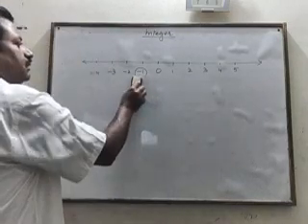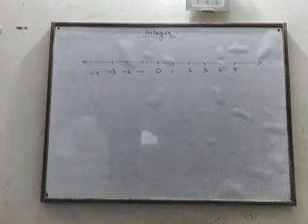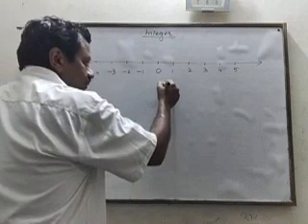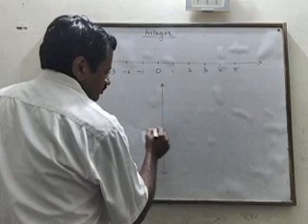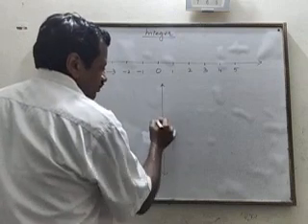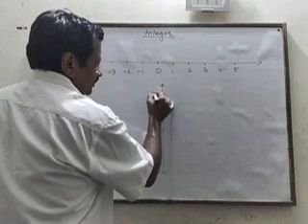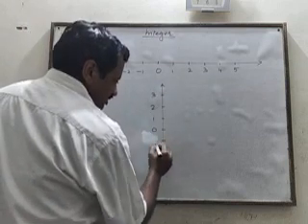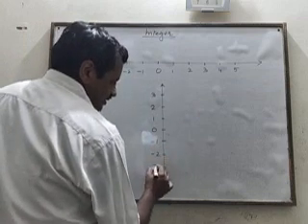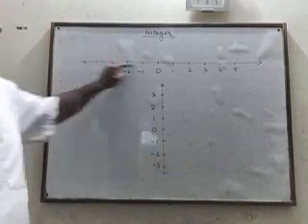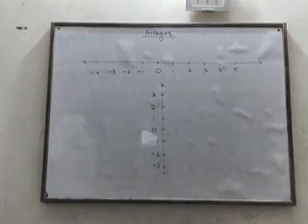The number line you can make horizontal also and you can make vertical also. You can make like this also. Here it is 0. Above the 0, positive numbers 1, 2, 3. Below the 0, negative numbers -1, -2, -3. So you can make a horizontal number line or you can make a vertical number line. It is up to you.